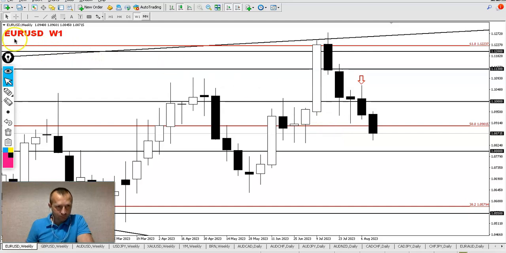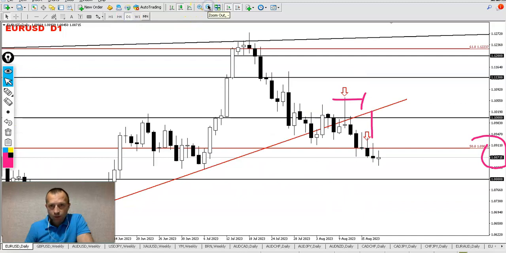As usual, we start from EURUSD. On weekly time frame, you can see that it's quite bearish, as I told in my previous weekly Forex analysis, and you see the week ending quite bearish. And the previous week, which I missed, it was also important and crucial. We just broke through 1.1 level. You see, before it was holding 2 weeks ago, 3 weeks ago, but then it was broken, and this week it just continued to the downside. So the next target is 1.08.